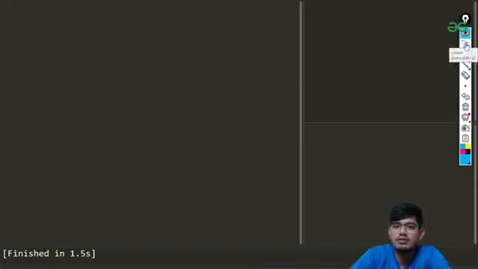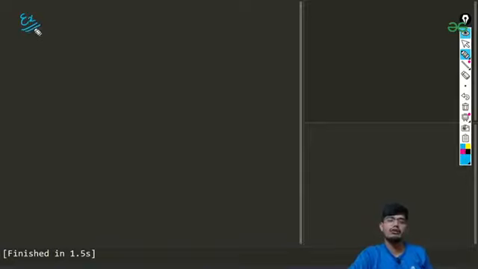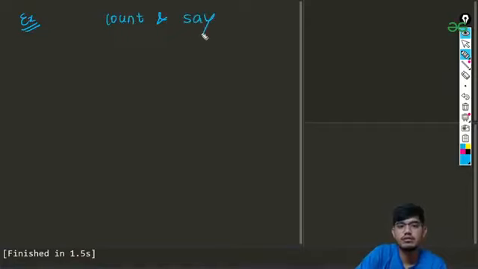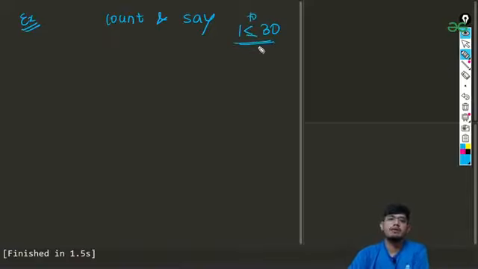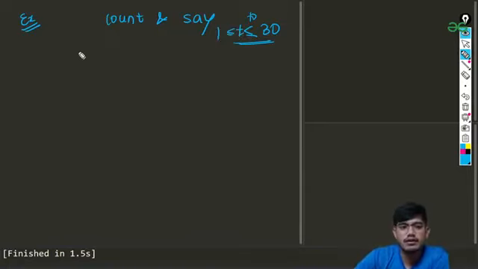Now I'll have another question where I'll tell you how you need to solve the algorithm, and you need to write the code by yourself. So this problem is very simple, and the problem name is count and say. In this we will be given some numbers. The numbers can range from 1 to 30, starting from 1 and going to 30, and we just need to give the output.